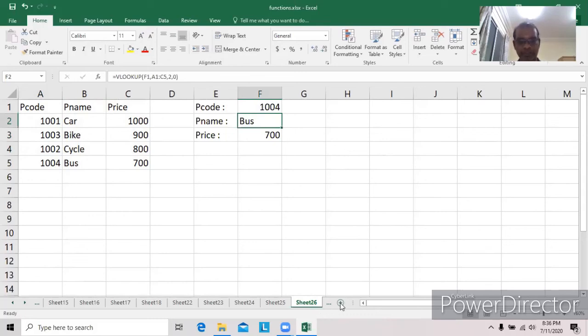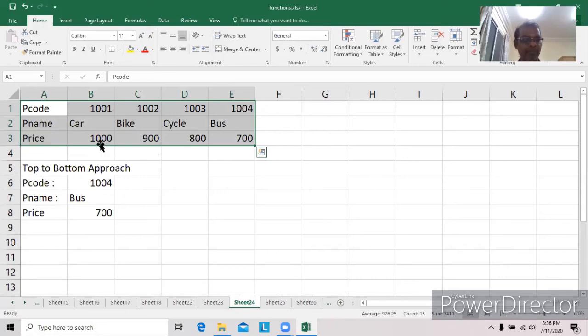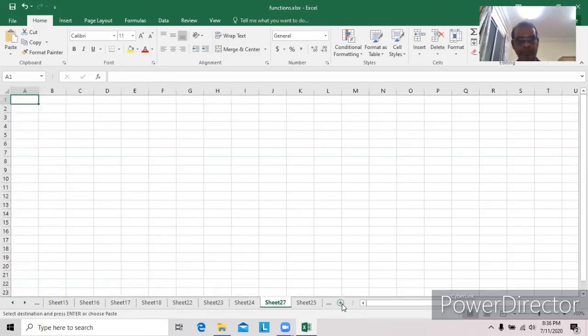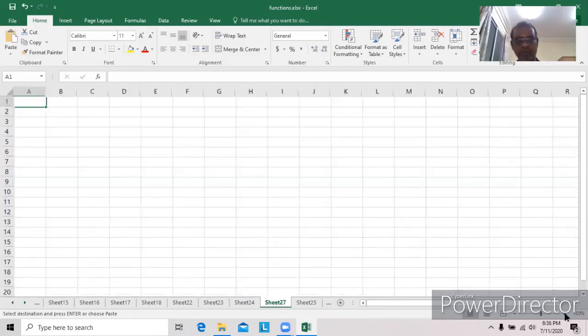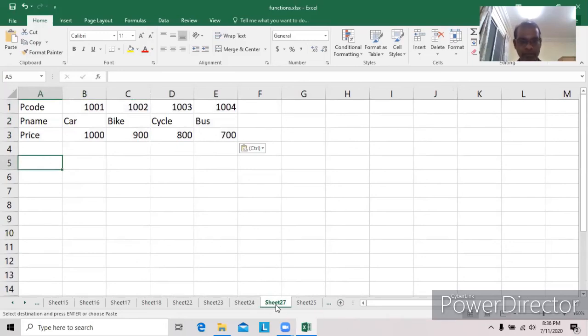Now we can go for rename price. It supports top to bottom.